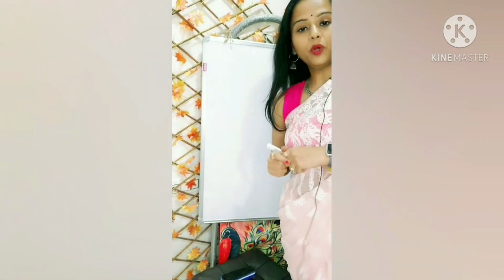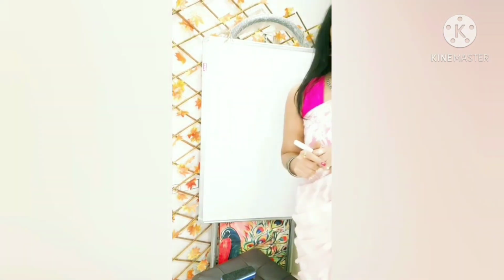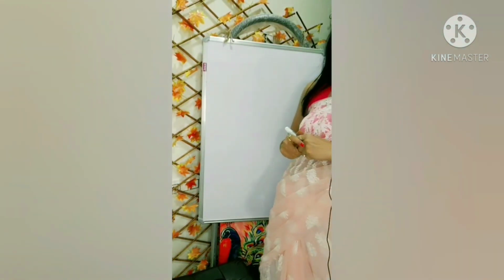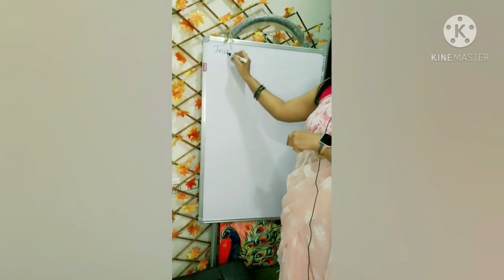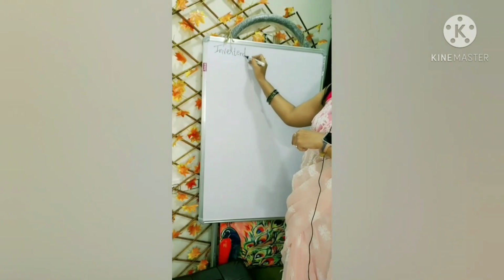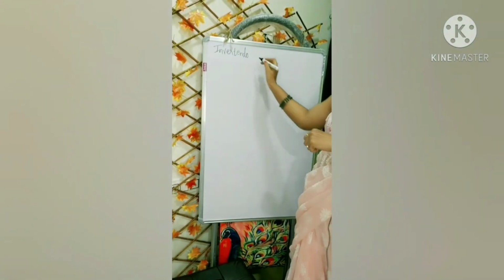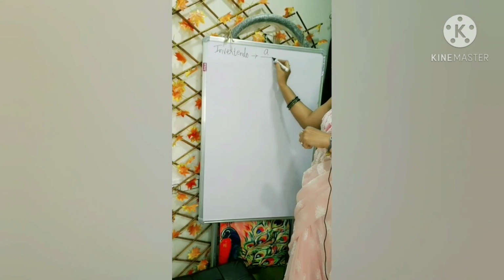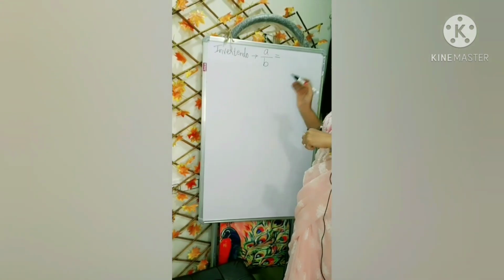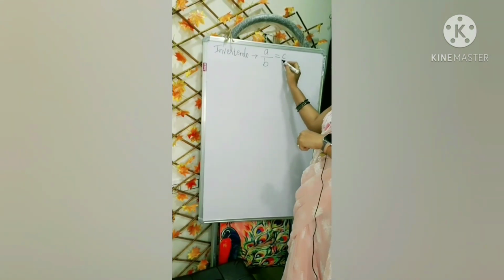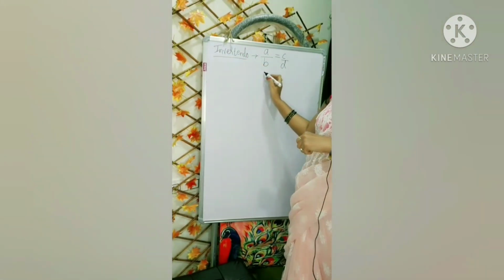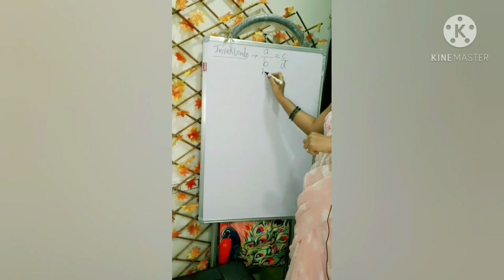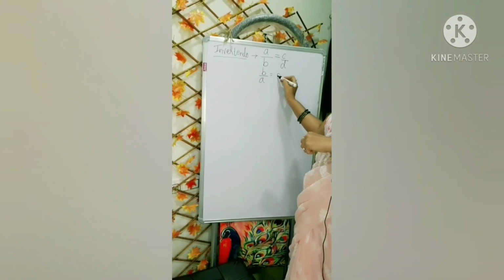Alright students, in order to understand ratio and proportion, we need to understand some of the properties related to this chapter. Now, they are invertendo. What is invertendo? Suppose they have given you two equal ratios like A upon B is equal to C upon D. Then using the invertendo property, all we get here is B upon A is equal to D upon C.